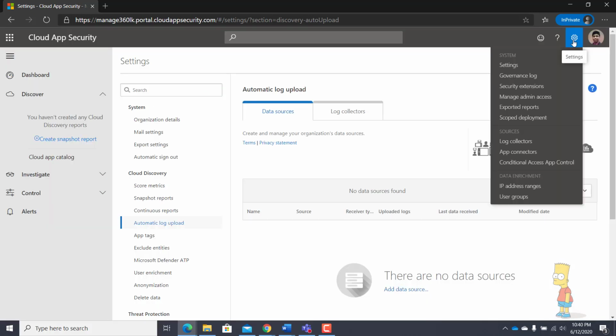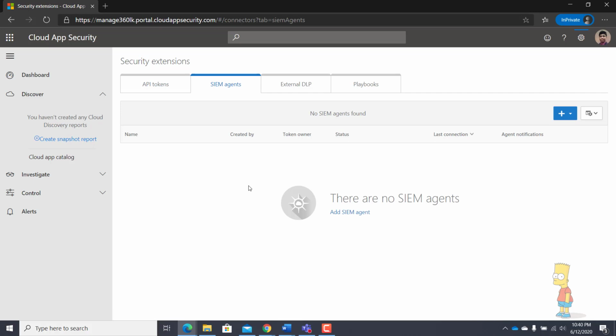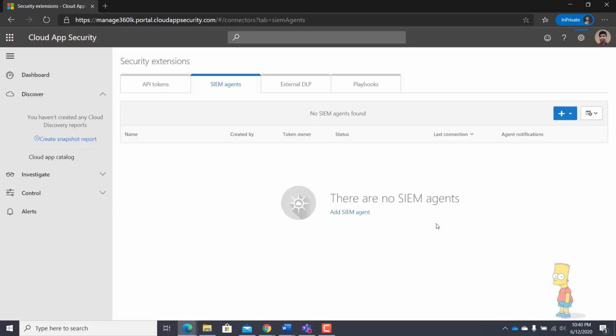And if you have SIEM solutions, you can come to security extensions and then to the SIEM agent. If you have, let's say, Microsoft Sentinel, you can click plus and select Azure Sentinel. If you have Azure Sentinel enabled, it's a matter of just connecting, and then all the logs on this Cloud App Security will be passed down to the SIEM on Azure Sentinel.